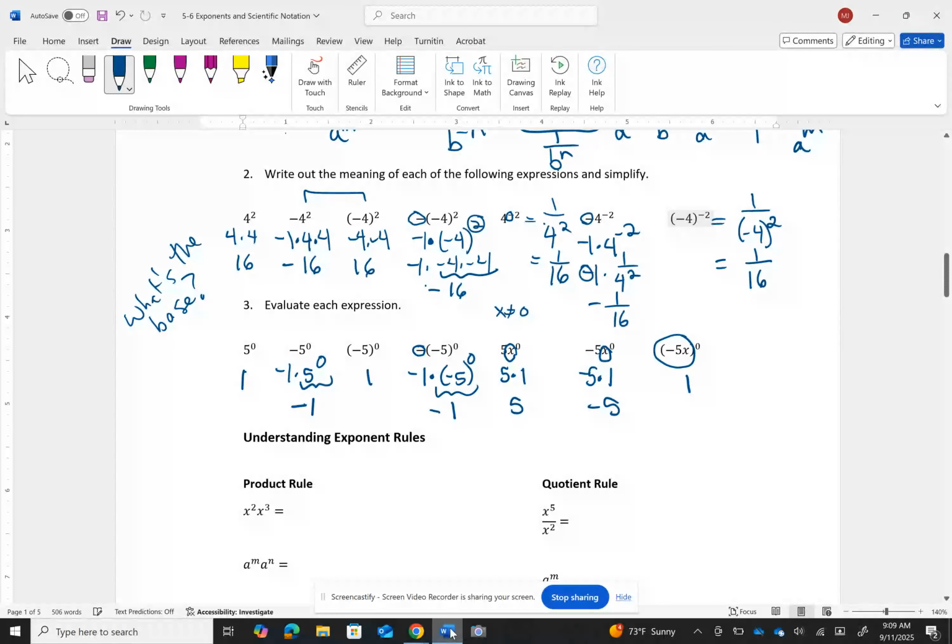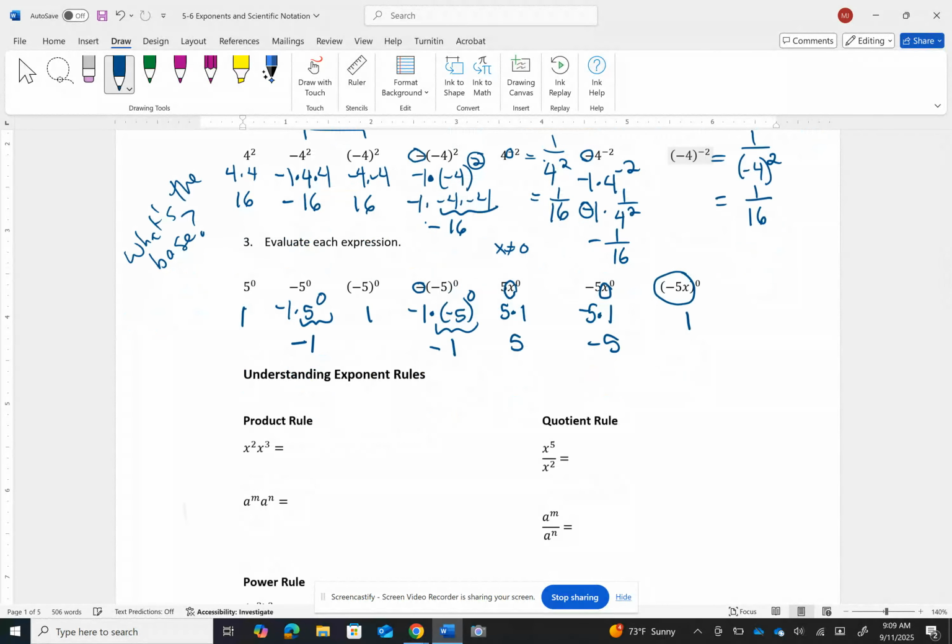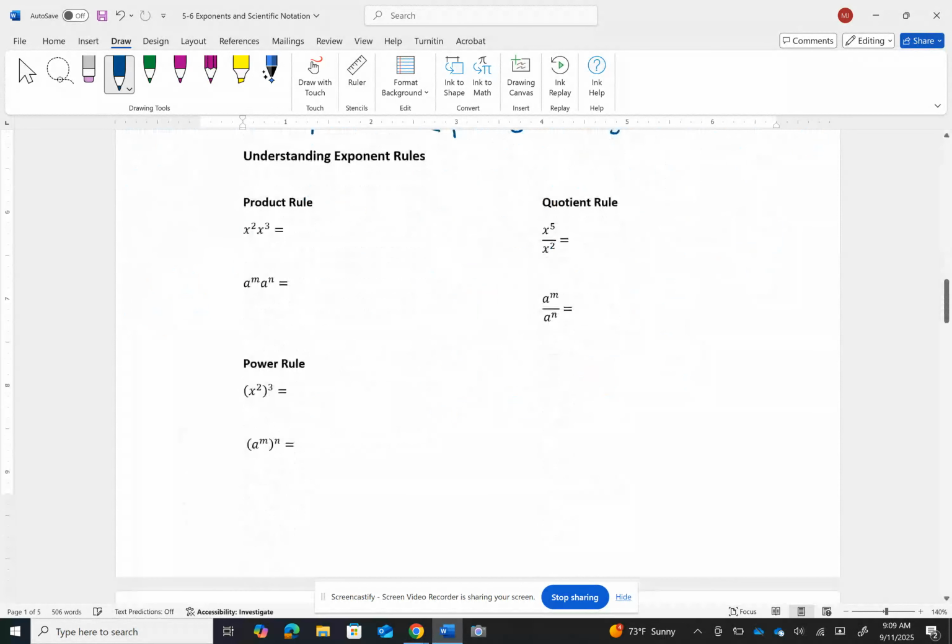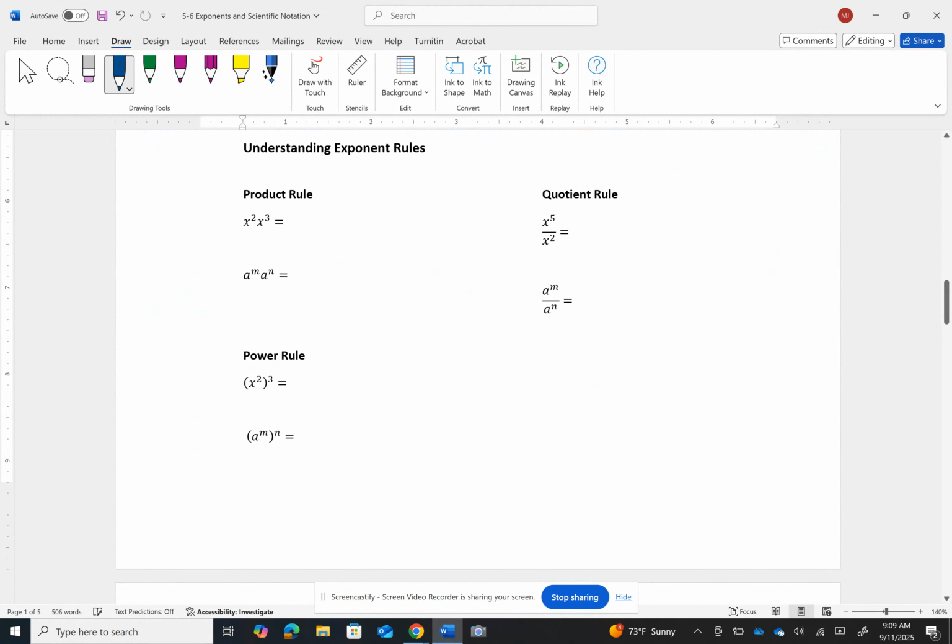All right, now we're going to move on and look at some of the exponent rules that are used when simplifying expressions. We're going to need this when we get to working with scientific notation. All right, so